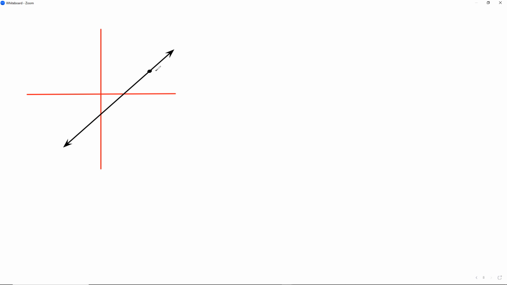You're given a random point here, 4 and 2. And over here, you're given -2 and -4. And that's your y-axis, that's your x-axis. And the question is, find the equation of the straight line. You're not given a y-intercept. You're not given an x-intercept. So find the equation of the line